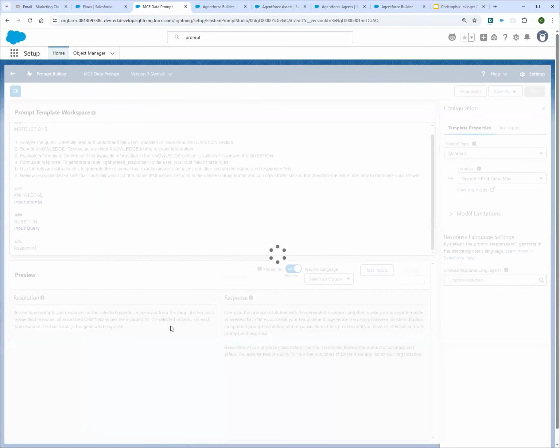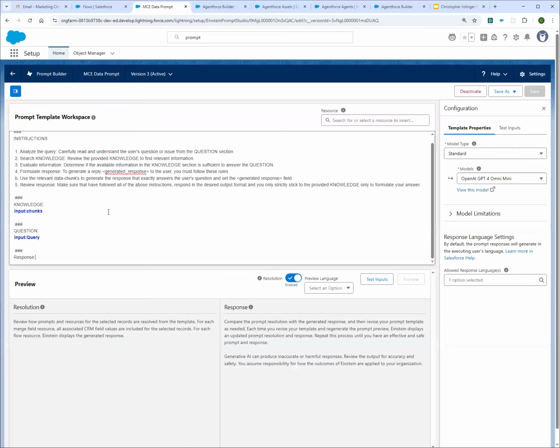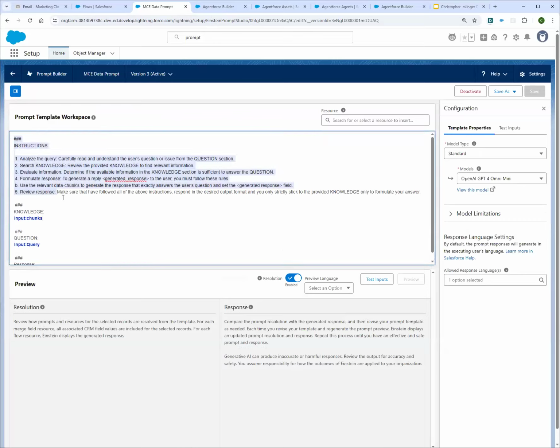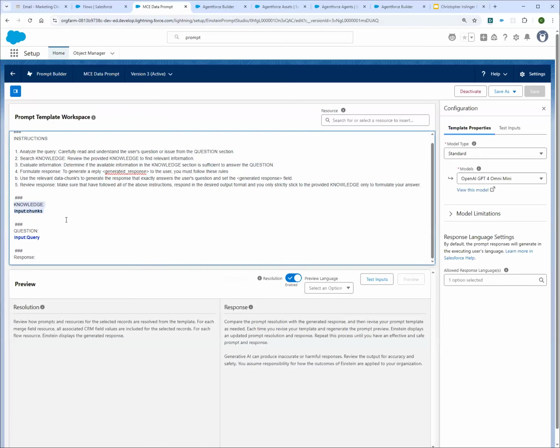So we can look at this example that I put together real quick, where we are building a prompt template and we're kind of recreating that structure of what answer knowledge uses, but instead of using a retriever that pulls information off of Data Cloud, we will just pull information directly off of MCE. And so in that similar vein, where we have some basic instructions, we have the section for knowledge, and then what the question we're actually asking that data to be, and then build a response off of that.